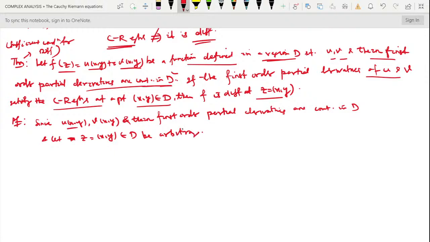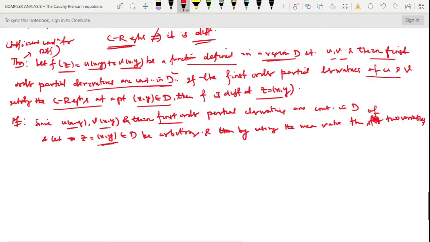So here u of xy, v of xy and their first order partial derivatives are also continuous at this point xy. If these things are continuous at xy, then by using the mean value theorem of two variables, we have